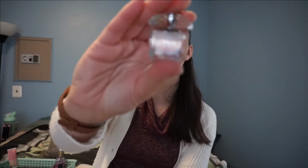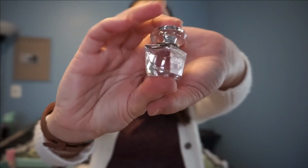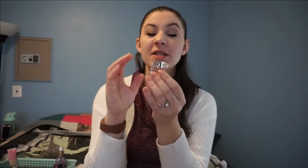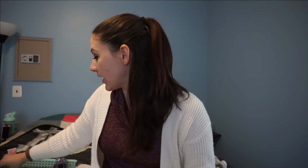I also had this Versace Bright Crystal, but I had it in this little guy here. And I used this one only like 5 or 6 times just because this packaging is super annoying. So I'm probably going to buy, what is it, an atomizer, so I can use this as a spray and use it up because it's getting up there in age. And then